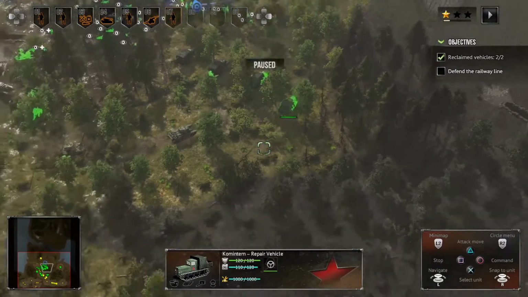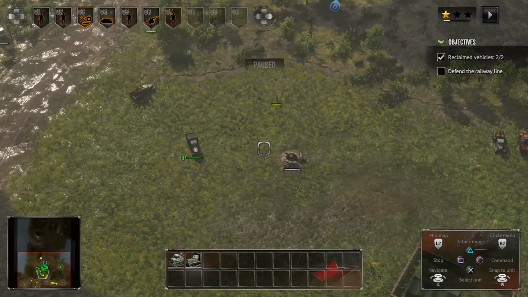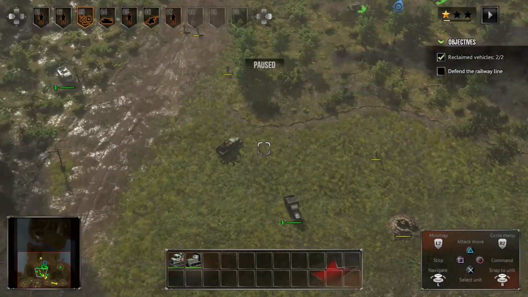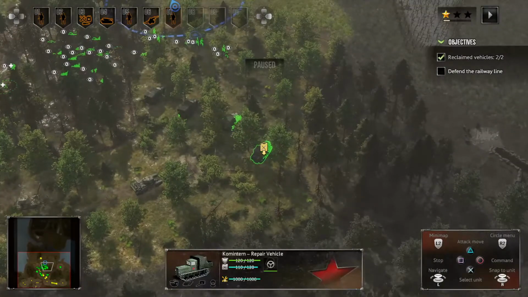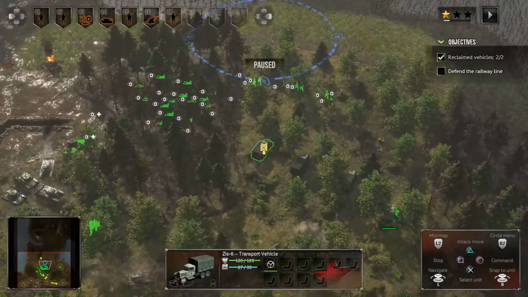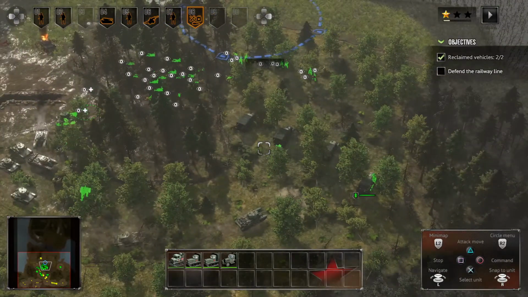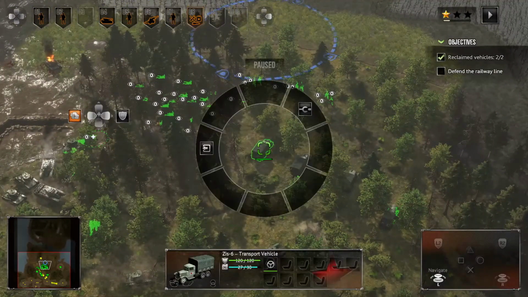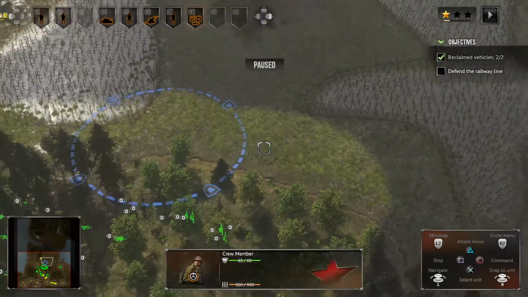And this repair vehicle is going to join my group number 3. So I'm going to hold down L1. And I think I'm going to add these transport... Oh, you know what? I don't even need the transport vehicles. I'm going to use those soldiers as scouts. So I'm going to stick...